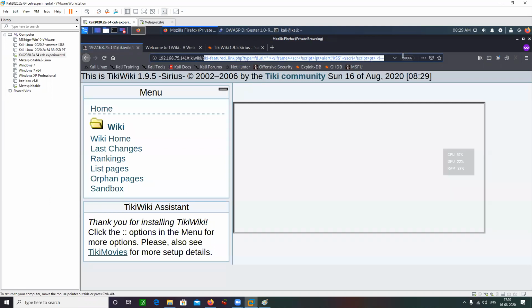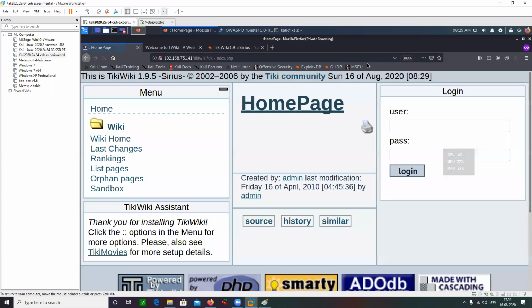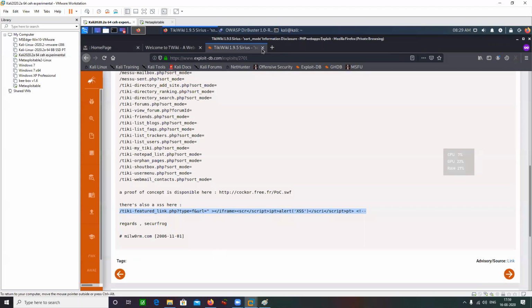So we do not need to exploit anything as of now. If you guys do not know what cross-site scripting is, don't worry, I'm going to talk about it in our upcoming web application modules. Let's just close this. We do not need to exploit it.